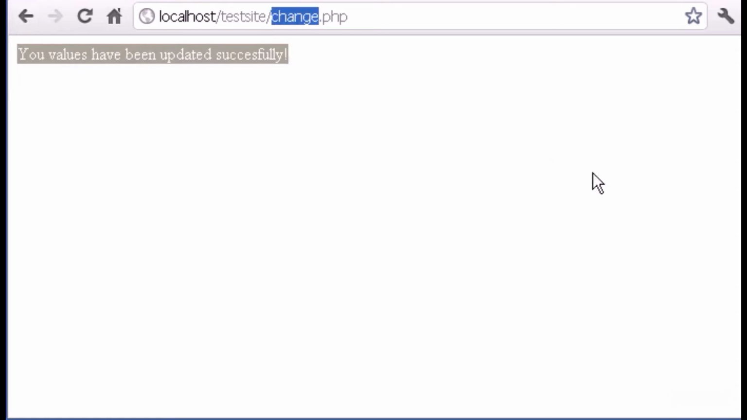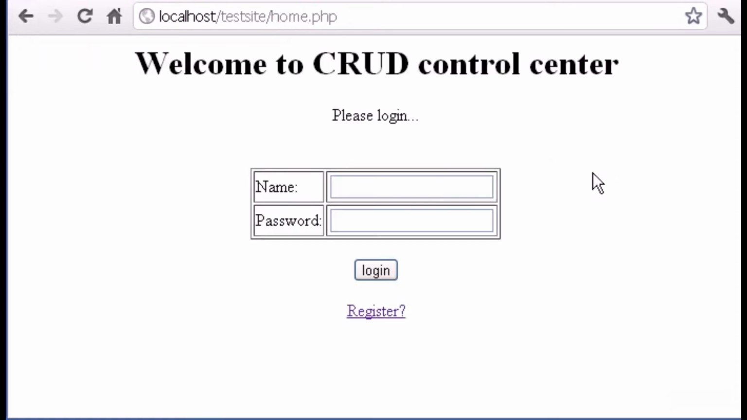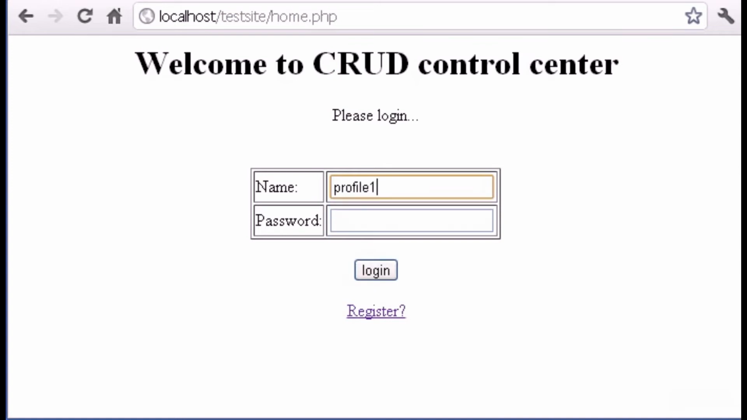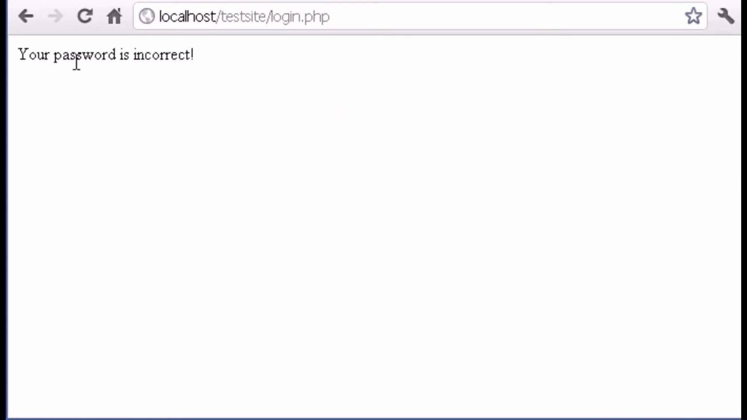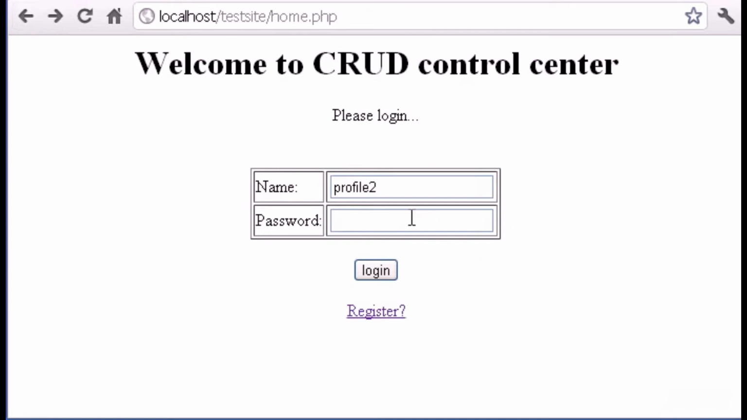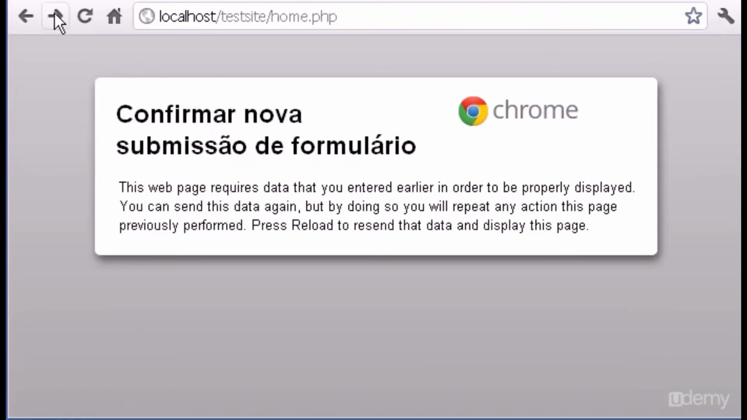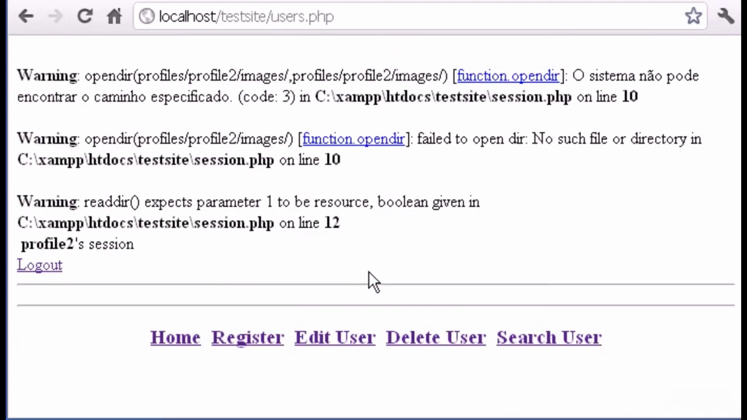If now I log out, session destroyed. And now if I go in here and type profile 2 and 1, 2, 3, 4, 5, probably the password is incorrect, because the password here is blank. So the password that I have now is a blank space. So you see, if I enter without a password,